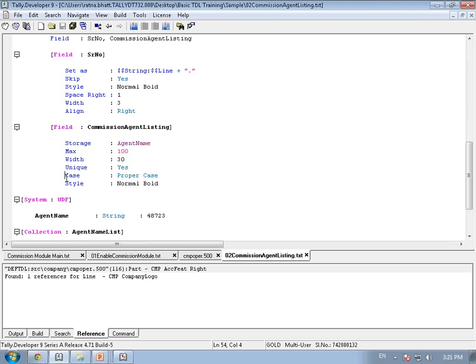Then I have a case called, and then I said proper case. There we have multiple cases. In case of most of the places for the proper names, we have the capital and all those sensitiveness. Proper case takes care of that. Then we have the style normal bold, and then we have the